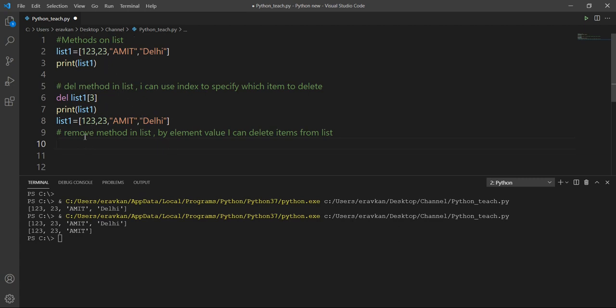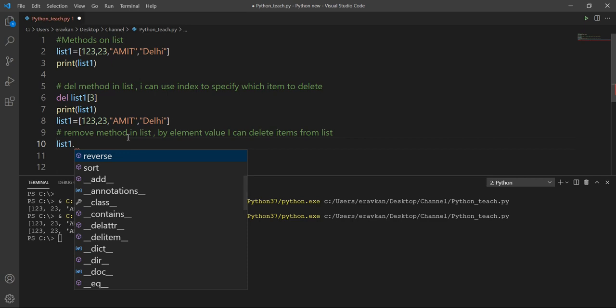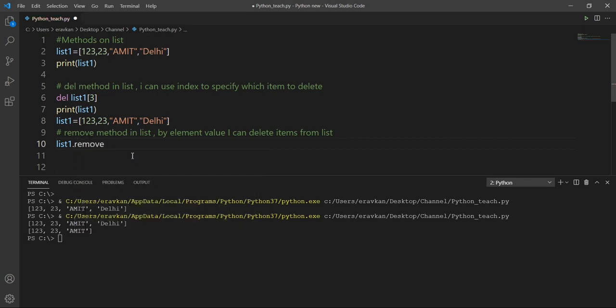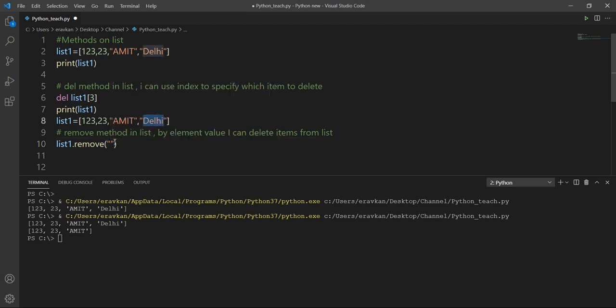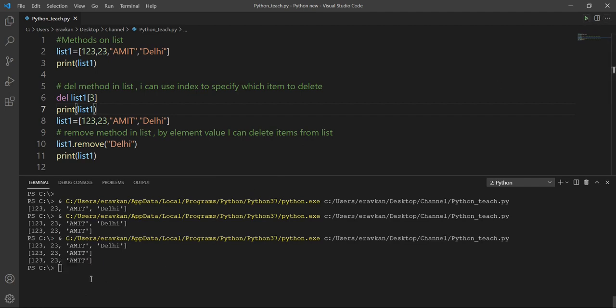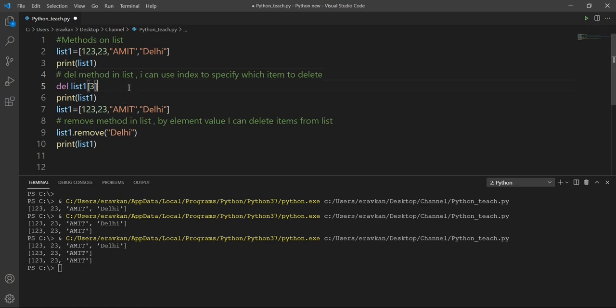Suppose I want to remove it, I use list one dot remove, then specify the item. Suppose I want to delete Delhi. If I print my list now, Delhi is removed. So both methods do the same work, but in the delete method you give the index value, and in the remove method you give the value.